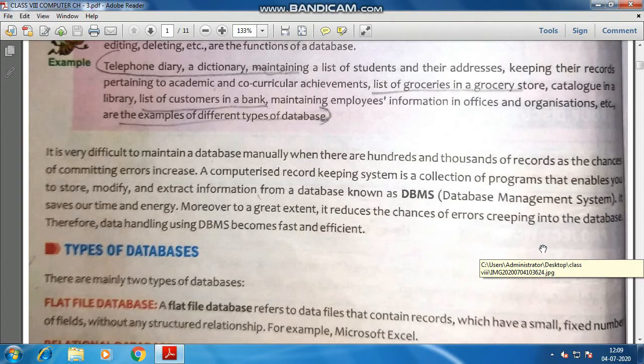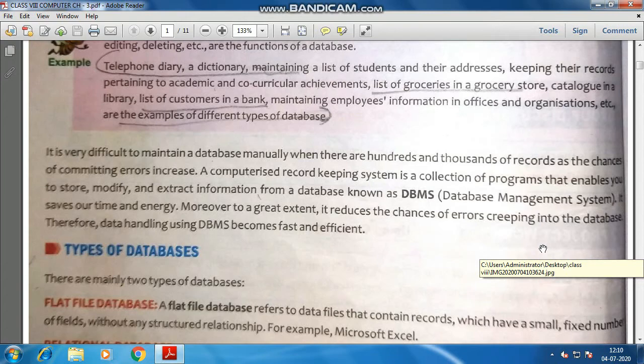DBMS stands for Database Management System. Basically, a database management system is software, right, and in DBMS we have n number of software packages. Under this term, software is created for different organizations according to the requirement of the customer, which can be a bigger company, an MNC, or a school.